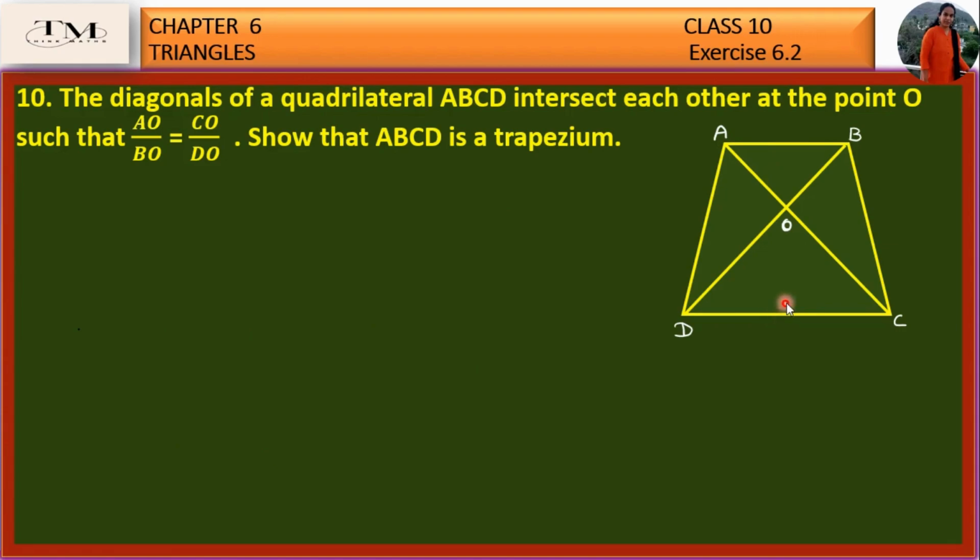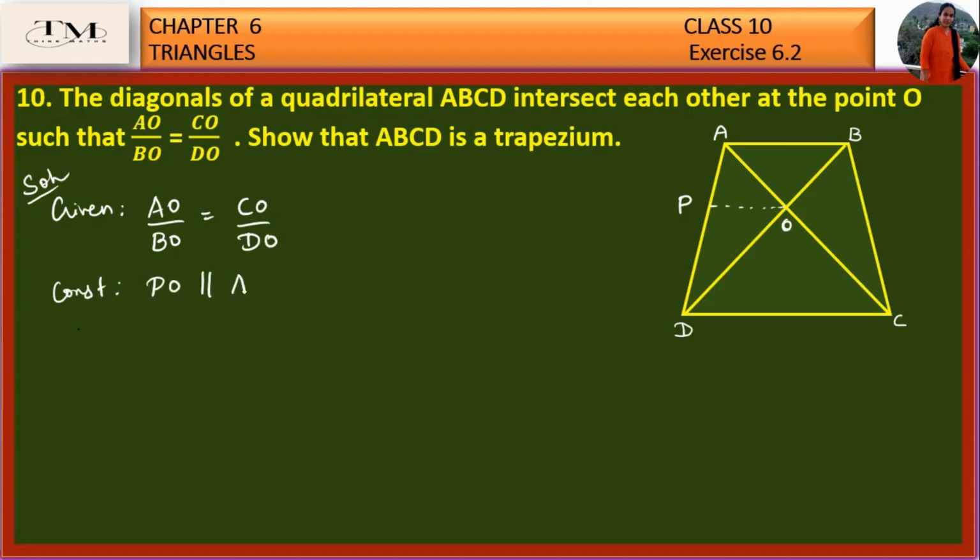So in the previous problem we constructed a line. So in the same way I am going to construct a line. We don't know AB is parallel to DC. So let us take just PO parallel to AB. Okay. So what is given? AO by BO is equal to CO by DO. What we constructed? We constructed PO parallel to AB. Okay. So if PO is parallel to AB, by BPT